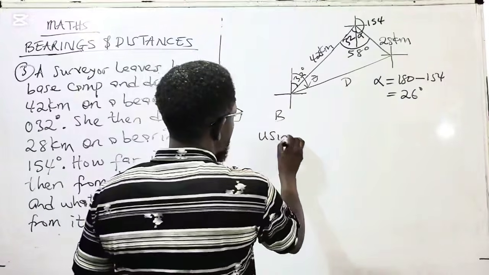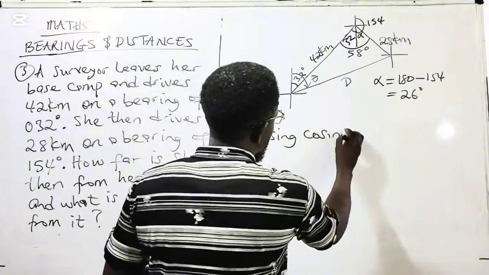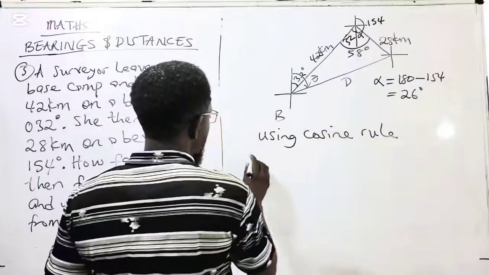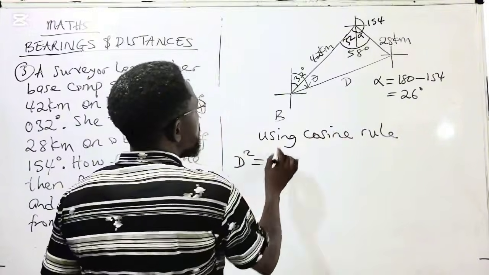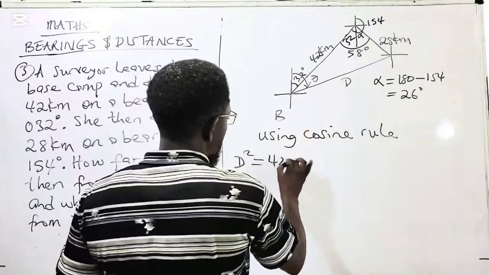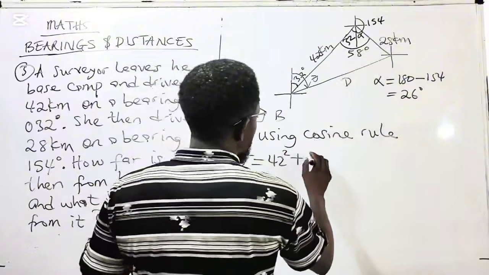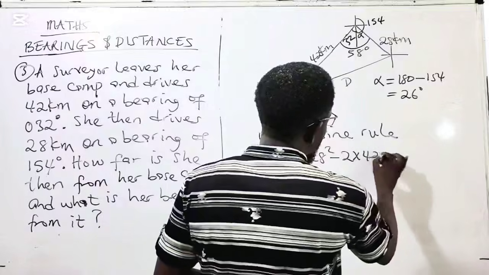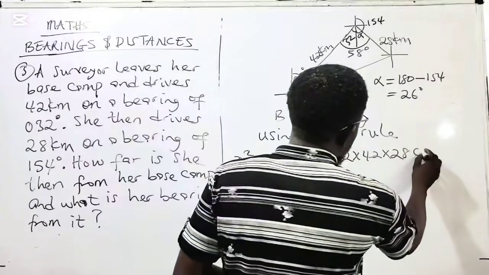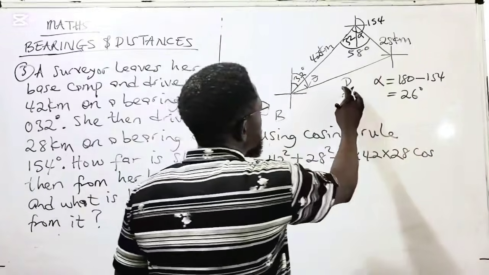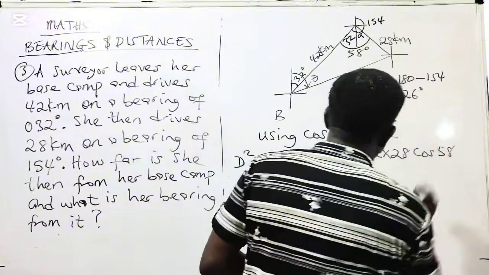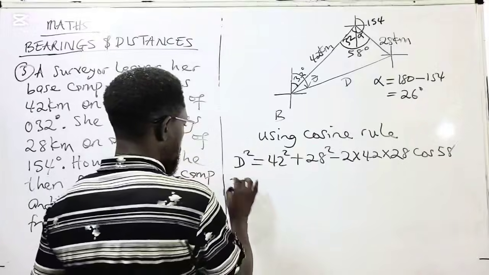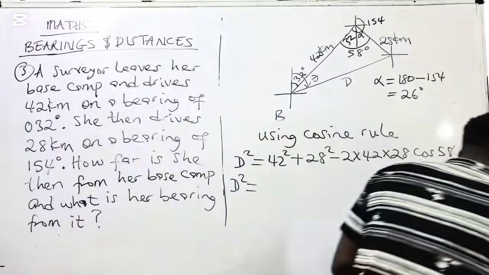Using the cosine rule, we have d square equal to 42 square plus 28 square minus 2 times 42 times 28 cos the angle facing the side we are looking for. That's cos 58. So I'll get d square equal to,